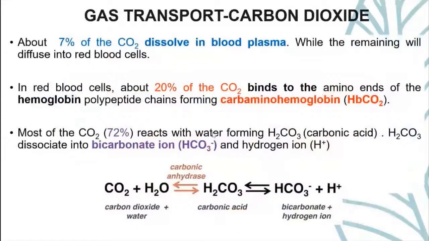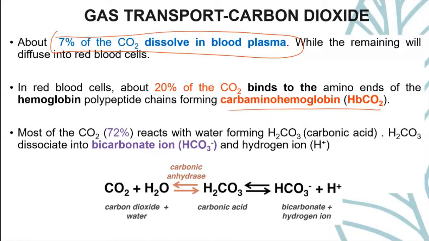Okay, so gas transport of carbon dioxide. About 7% of the carbon dioxide dissolves in blood plasma. Ni yang paling sikit lah. While the remaining will diffuse into the red blood cells. So red blood cells tu tadi yang akan berlaku reaction yang tadi tu, where 20% of the carbon dioxide will bind with hemoglobin to form carbaminohemoglobin, HbCO2,